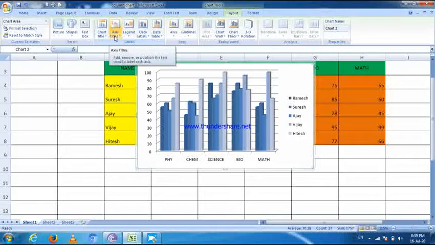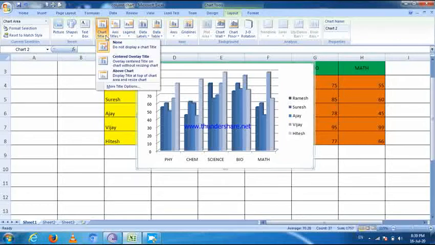You can apply them one by one on the chart, and then you can edit and format the chart. In the Layout tab, first is Chart Title, then apply it on the chart. The first option is None, then Centered Overlay Title, which makes titles appear on your chart. You can select any option and apply it on the chart. I am selecting